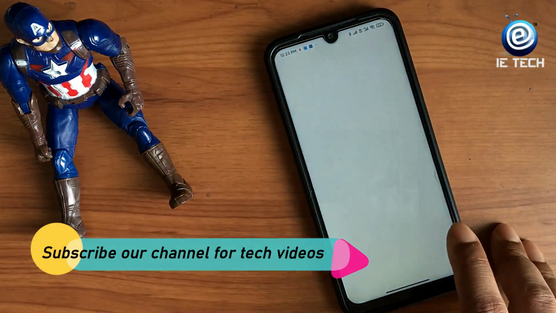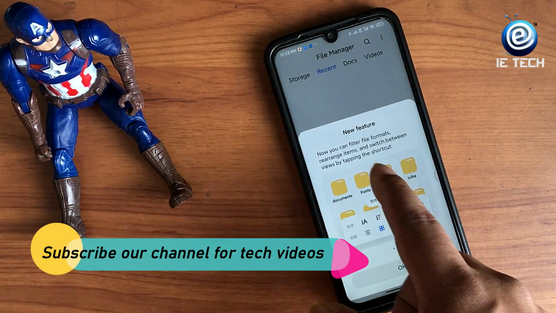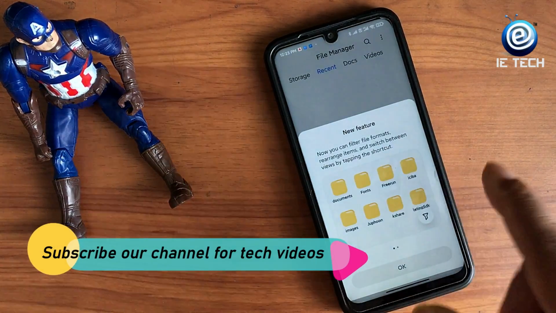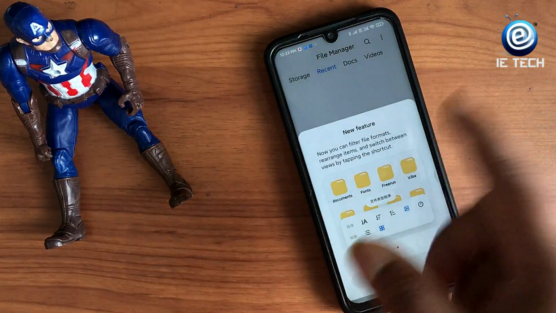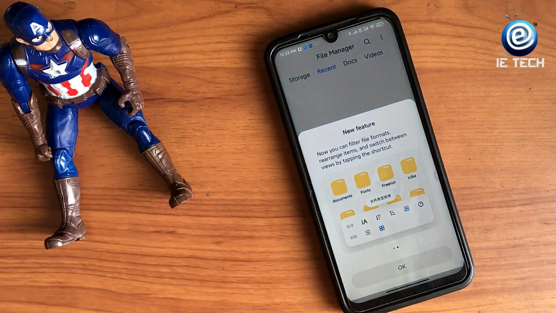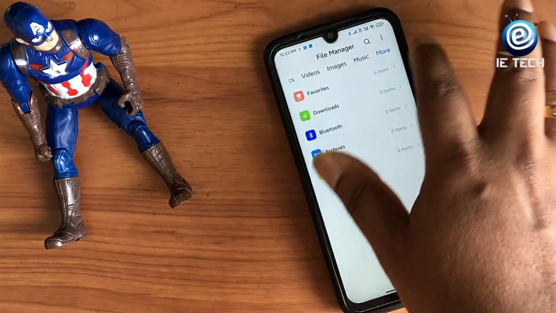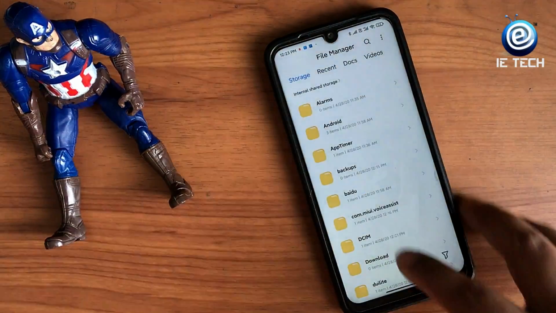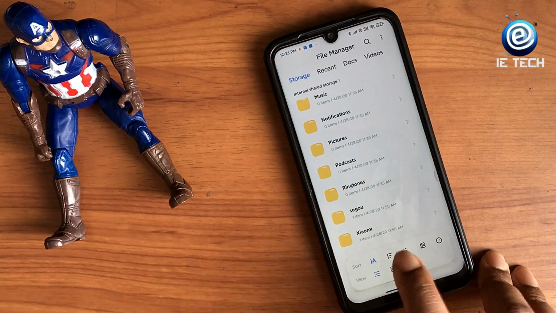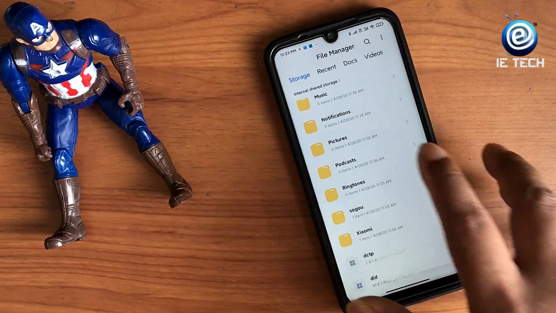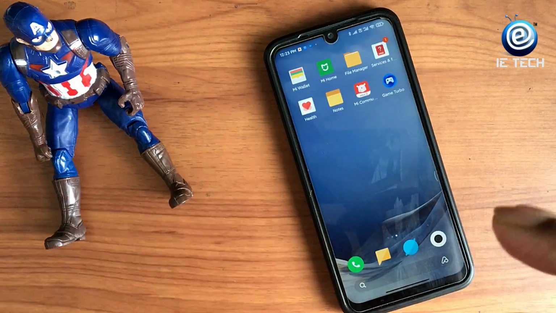The file manager I want to show you is redesigned, and it looks cool. The new feature is that you can filter file formats, and that is marvelous, because it was not there before. Now you can filter the file formats, rearrange and switch between the tabbing shortcuts. So this is docs, videos, images, music, more, and as you can see, the storage. If you want to filter, you can filter it by the views and by the formats, as I told you. Okay, so the file manager is redesigned, and it is good.